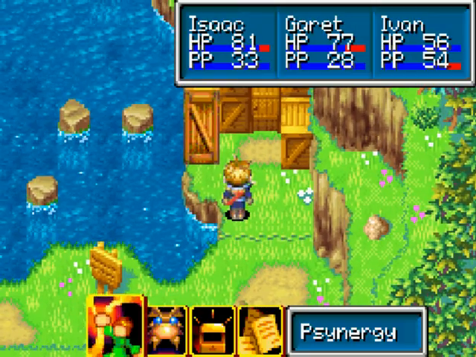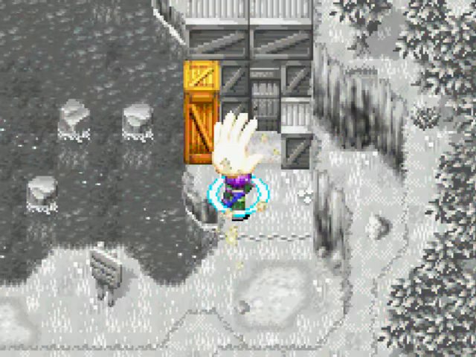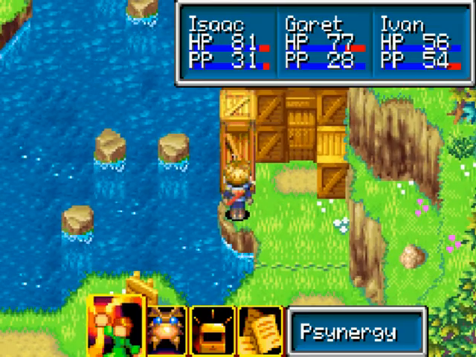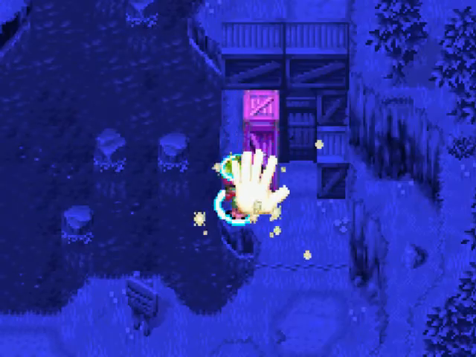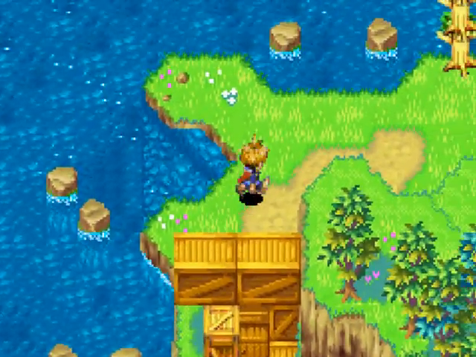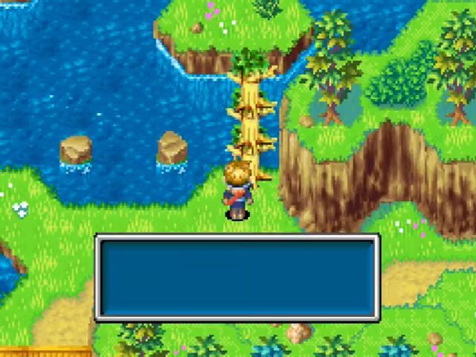So apparently here we need to move this little crate thingamajiggy with move. And if I can get it right, I swear to God, you have to be precise. Like you have to be right next to the object to get it to move. Kind of redundant, but